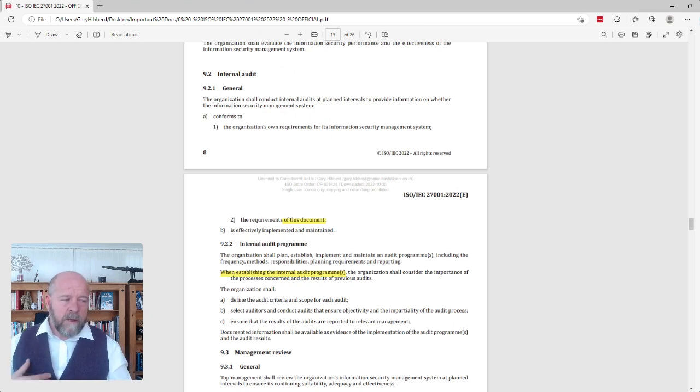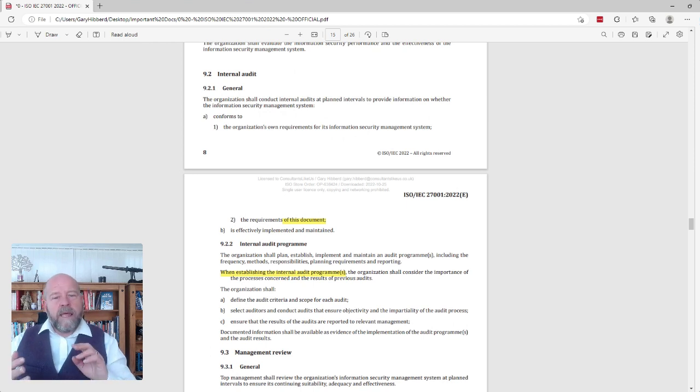It doesn't say your audits have to be monthly. It doesn't say that you have to audit the entire management system all in 1 year. It just says that you need to have evidence that you've conducted internal audits at planned intervals. So it depends upon the size and complexity of your organization.